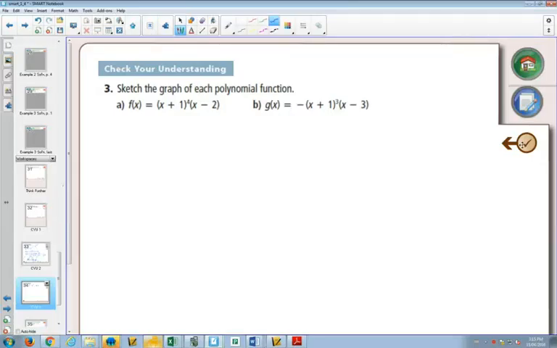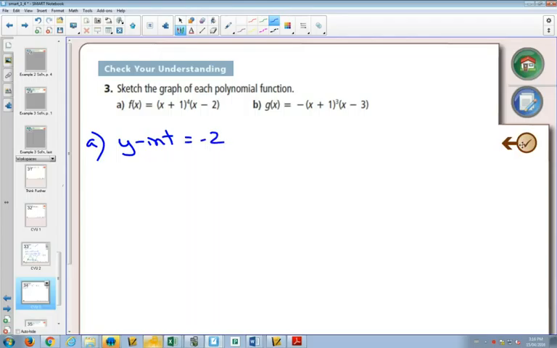So again, to sketch these graphs, same thing as before. We're going to find all of our x-intercepts and our y-intercepts. Our y-intercept for part A, how do you find that? You make x equal to 0. If x is equal to 0, can you see that you're going to get -2? Because 1 to the power 4 is 1 times -2